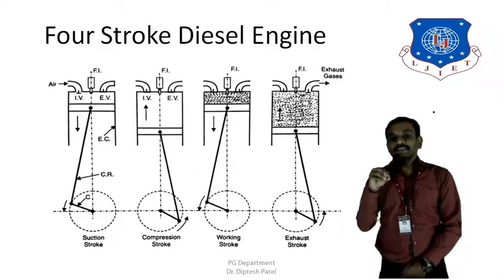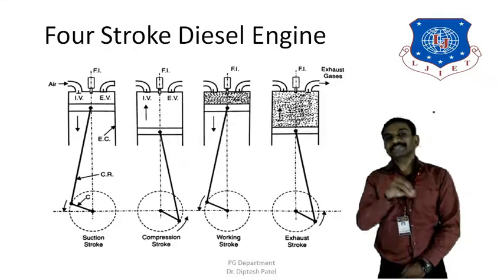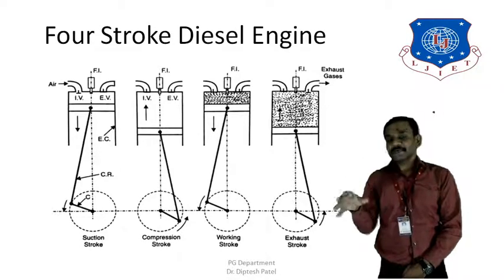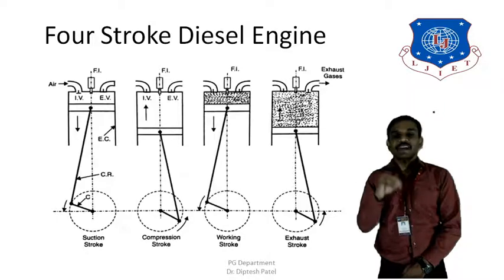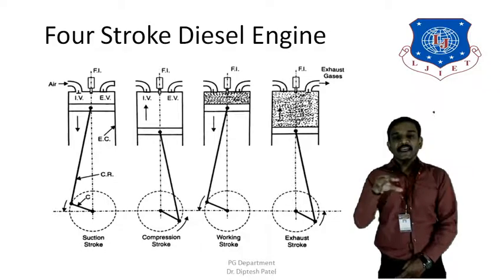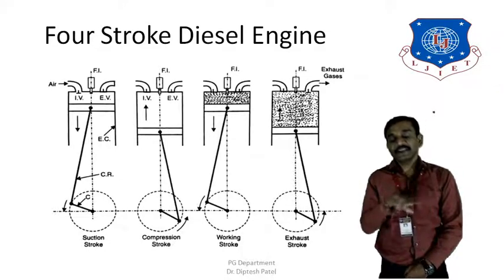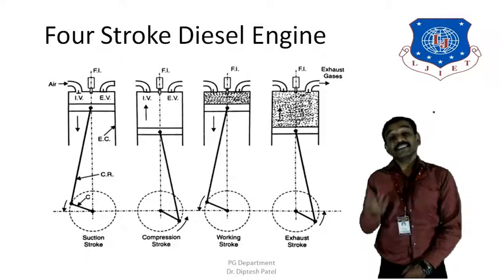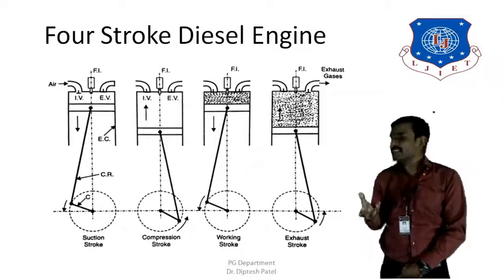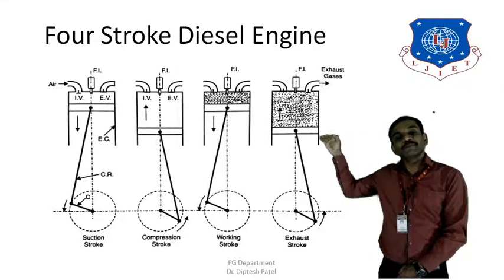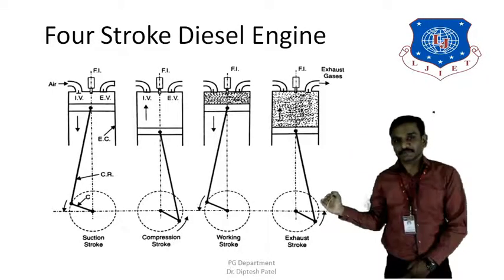Since fuel is injected, it is atomized and vaporized inside the cylinder, and since there is a higher temperature inside the cylinder, the fuel starts to ignite spontaneously. So the fresh air and the diesel provided into the cylinder at high temperature and high pressure start to ignite in the presence of oxygen in the air. Now since the fuel is ignited, you can see in the third stroke the piston moves from TDC to BDC, which is known as the power stroke.